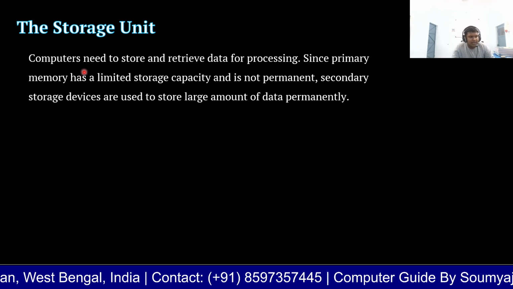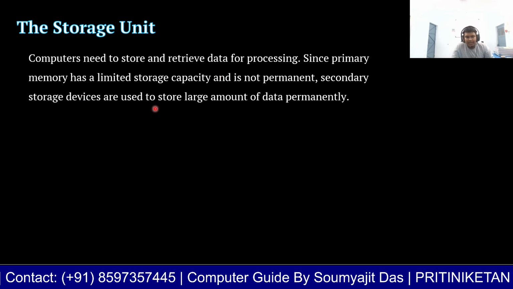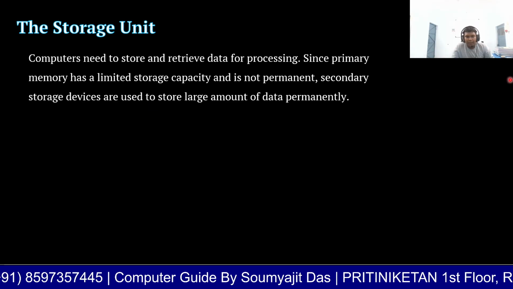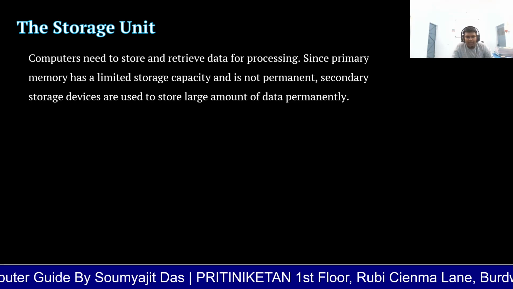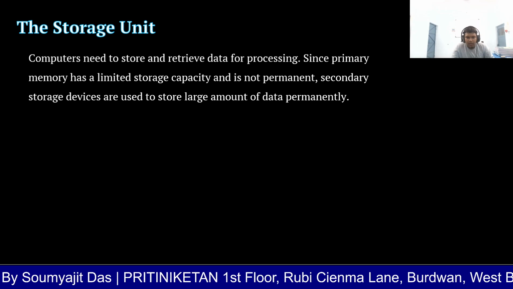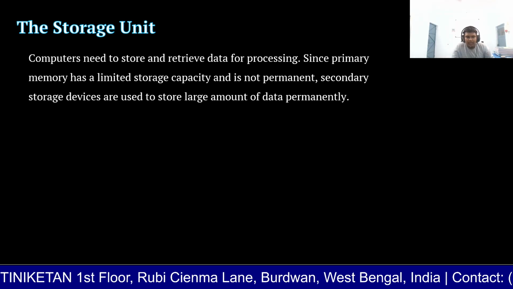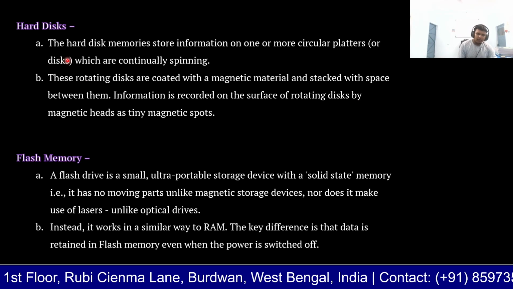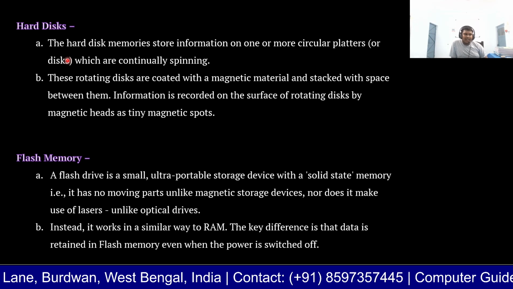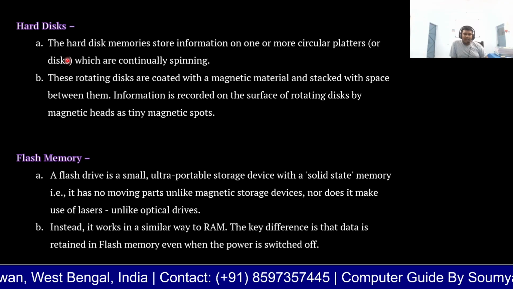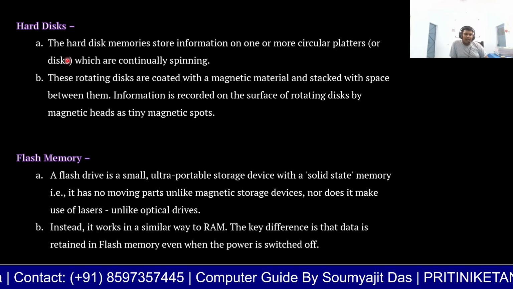Storage unit. The computer needs to store and retrieve data for processing. Since the memory has a limited storage capacity and it is not permanent, secondary storage devices are used to store large amounts of data permanently. Next, we are going to look at some memory devices. First one is a hard disk, which still runs but is very slow. Then it was replaced by flash memory,